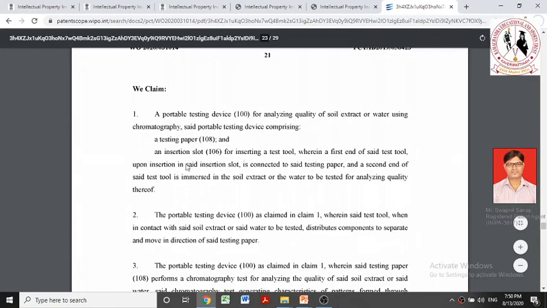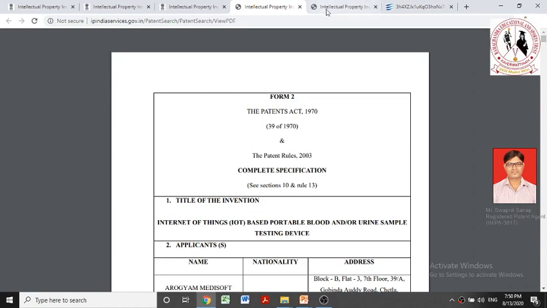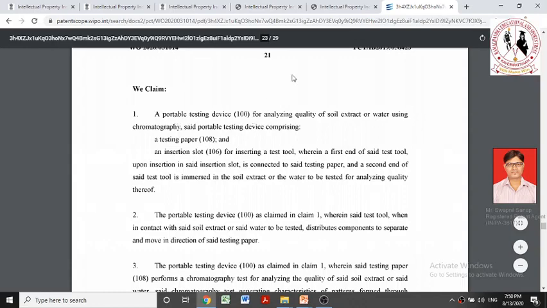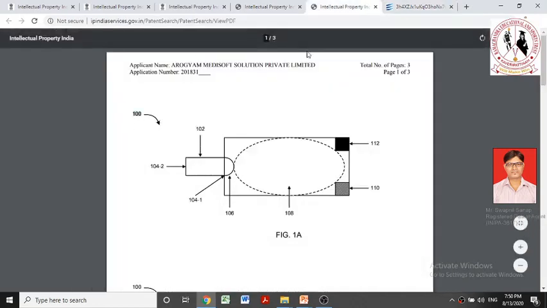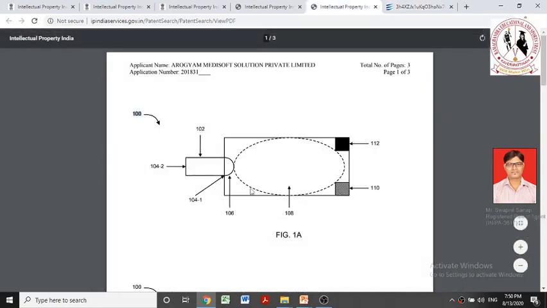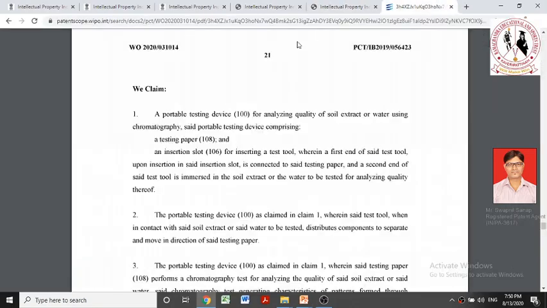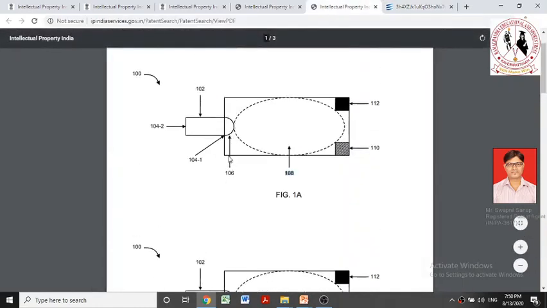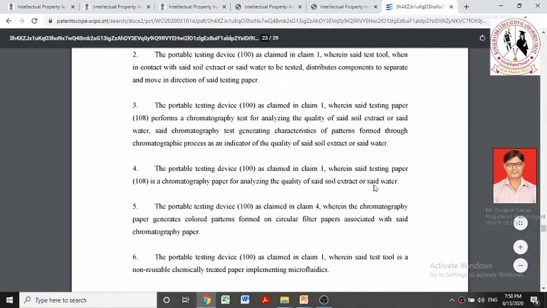Whenever I read the claim, I will try to refer to the drawings. Let us say, for example, I'm referring to claim number 1. He is saying a portable testing device 100. So the overall figure 1A indicates a portable testing device. This includes a testing paper 108. Where is 108? Can it be located? 108 is here, the circle here, indicating the testing paper, and insertion slot 106. Where is 106? Yes, this 106 here is a slot for inserting what? Inserting a test tool,